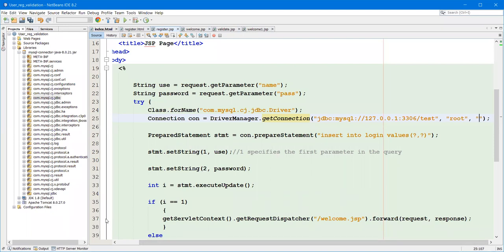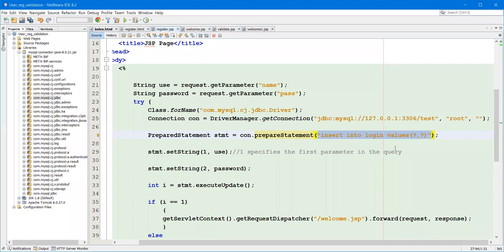Now we need to create the prepared statement. The prepared statement is used to insert the values into the database. Here we are creating an object called statement of the PreparedStatement interface. By the con object we are invoking the prepareStatement method, and inside it we pass the query.